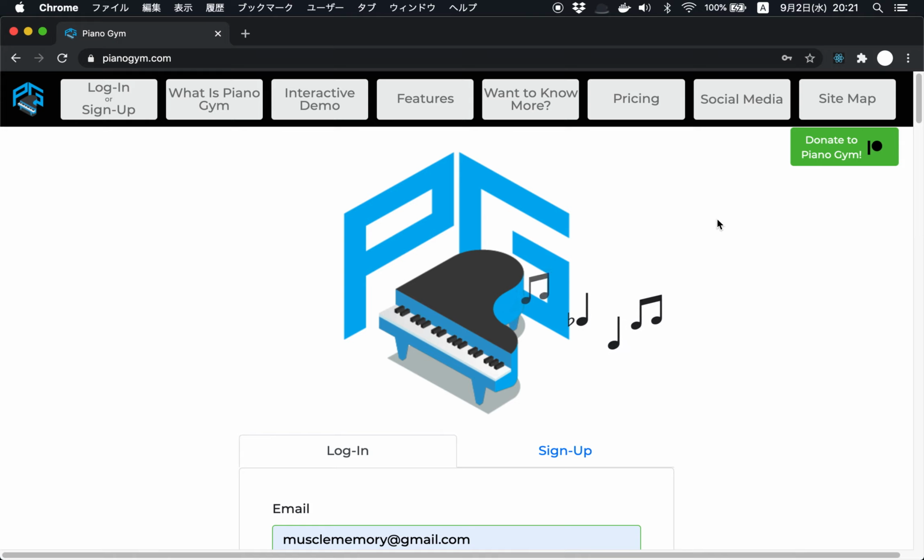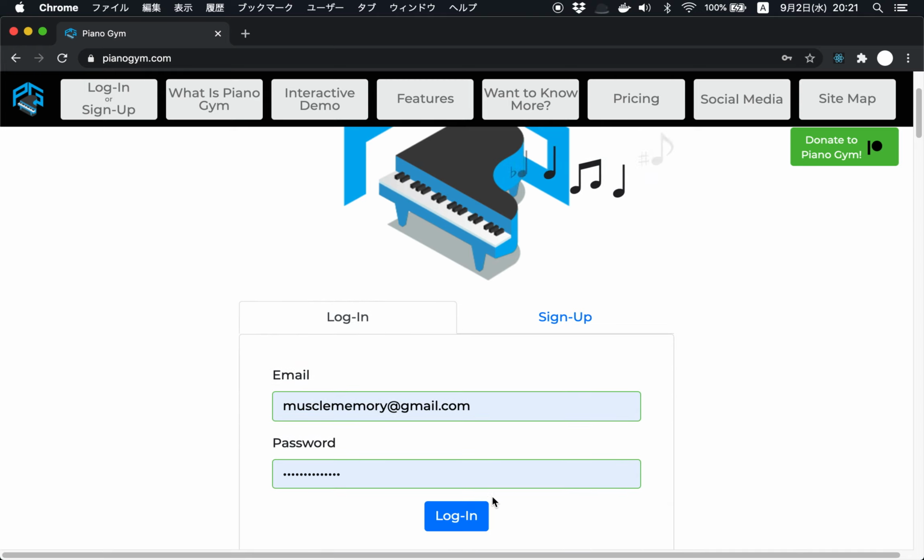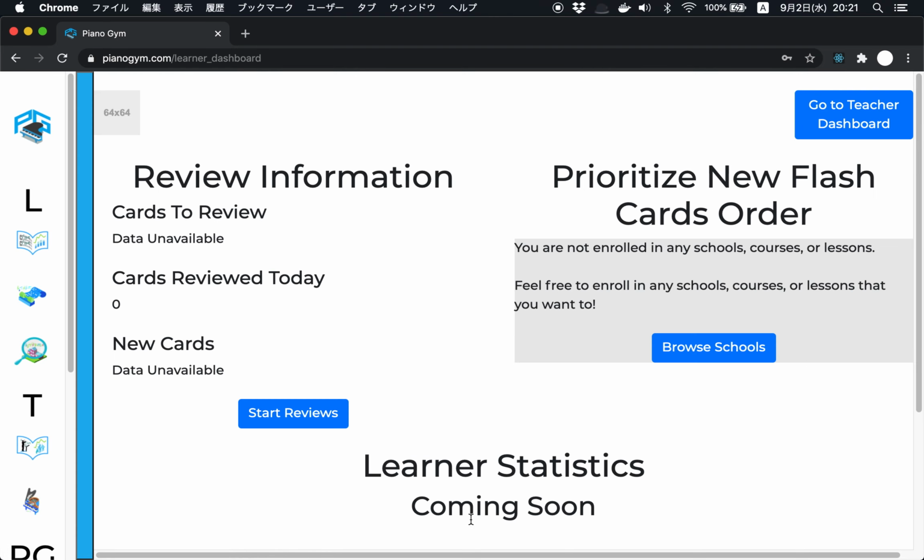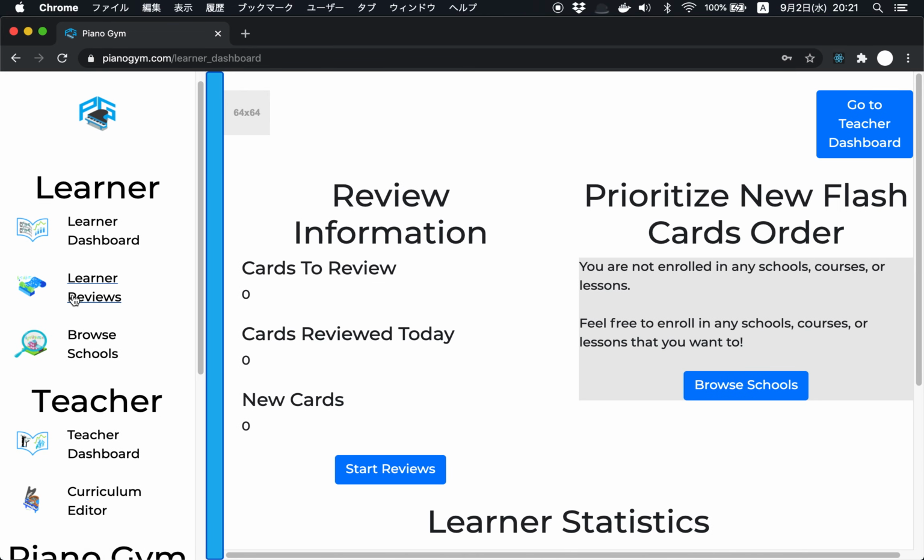It is September 2nd, and I'm here to show you our new feature that we built out today. So let's go ahead and sign in. I should be taken to my learner dashboard here, and you're going to see this Browse School section over here. You can also access the Browse School section by going over here to the left sidebar and going to Browse